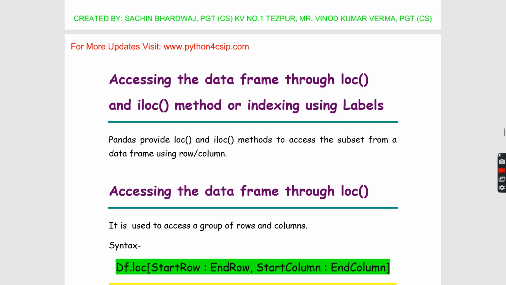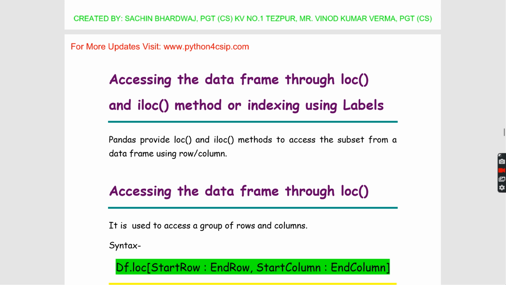So this is the continuation of the last video. In the last video you have seen all the operations of data frames. There we accessed every data frame's columns and rows, as well as seen how to delete columns and rows, right? Now this one is the continuation of data frame only.